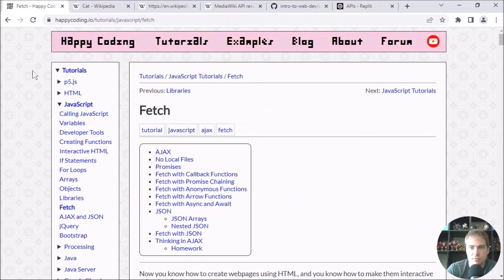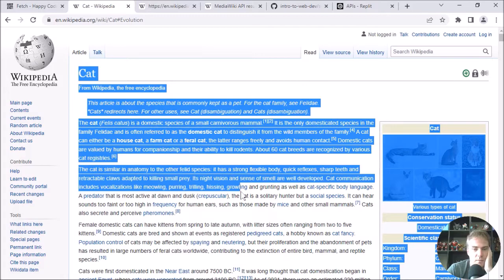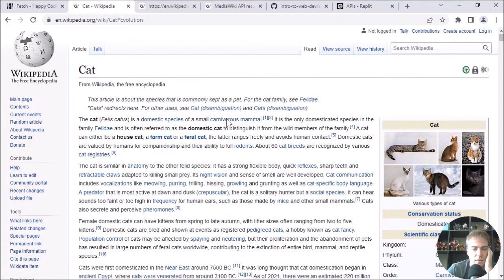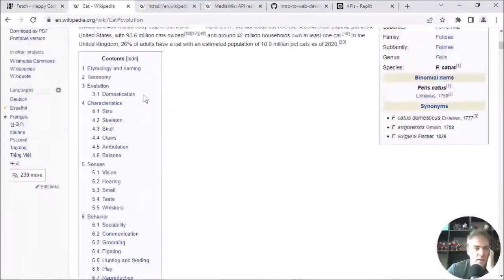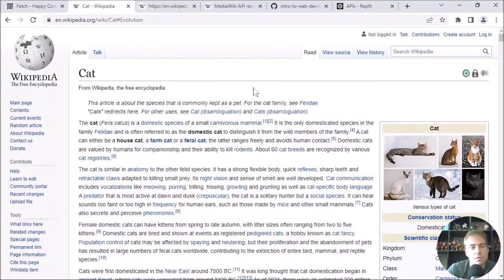So I'm going to jump right into it, actually. Let's say I'm looking at Wikipedia and I'm looking at the cat article. Here it is. I can learn all about their meowing, purring, growling, all that good stuff. This page has pictures on it, has links on it. It's got categories and stuff. And this is cool, but let's say I wanted to work with this data, and I don't work for Wikipedia. I don't have access to their underlying code,